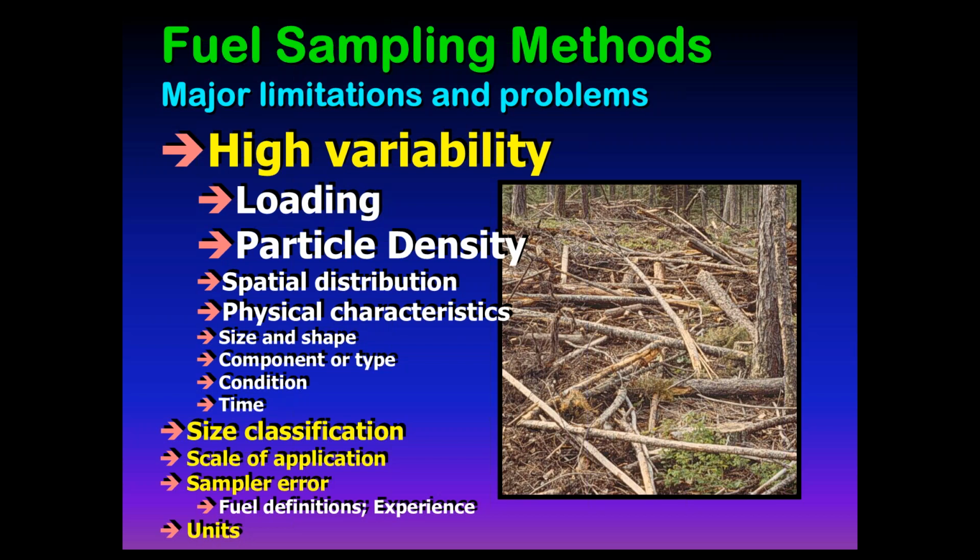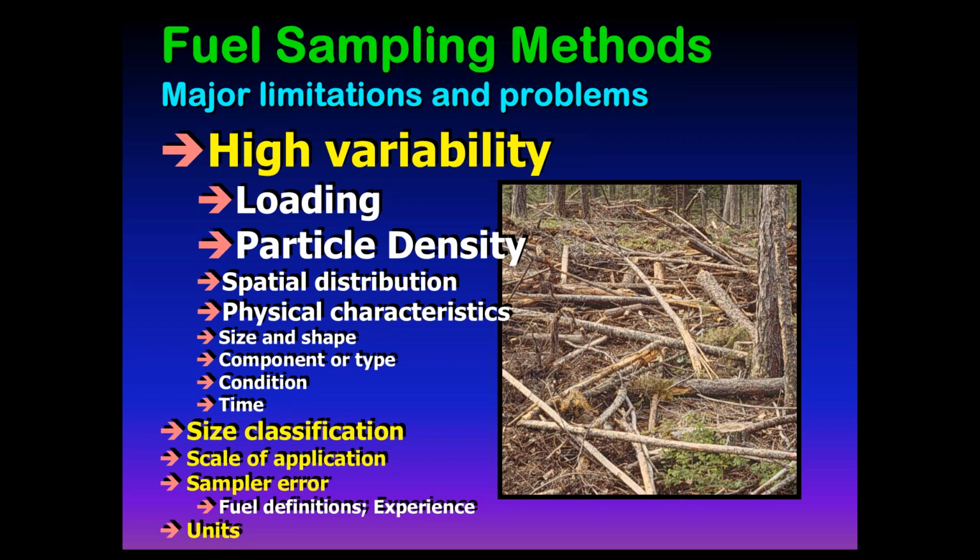So in each one of those downwoody fuel loadings, not only is the loading highly variable, but the particle density, the density of the actual woody fuel particle, changes, and it has a coefficient of variation of over 50%. So not only are fuels distributed differently in time and space, their particle densities are different, and so on to all the physical characteristics that we need to understand and predict fire effects and fire behavior, such as surface area to volume ratio and mineral content and so on. So these are the biggest barriers that preclude us from developing actual classifications of fuel, and really prevents us from getting accurate